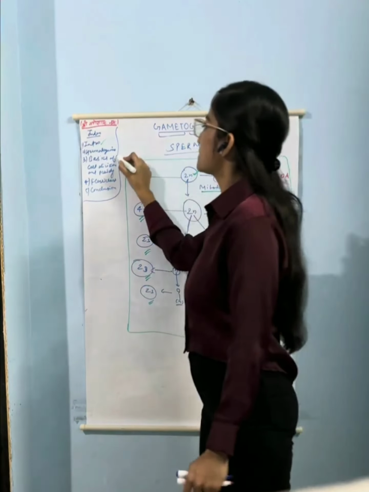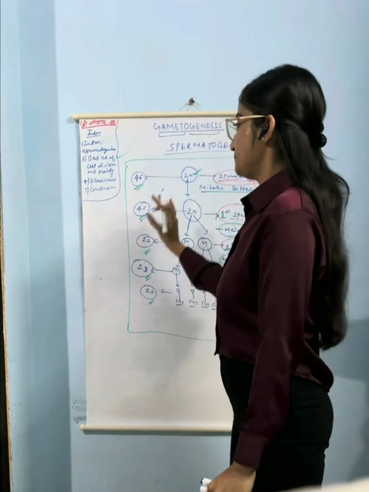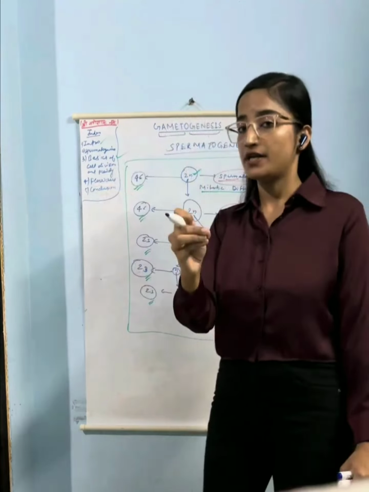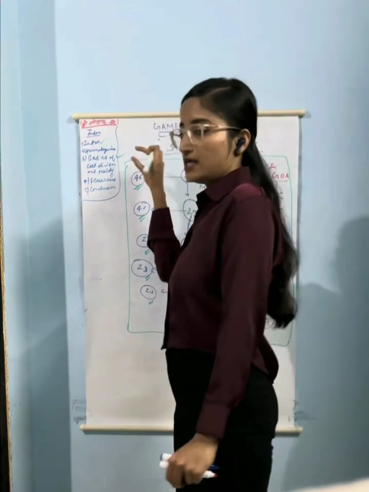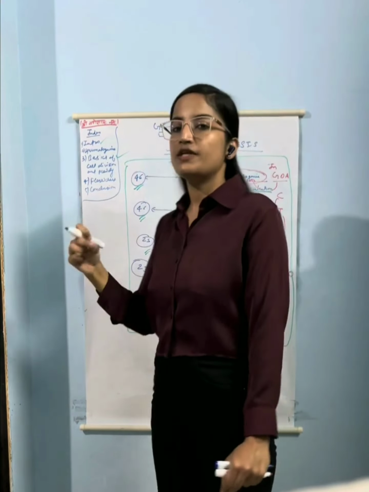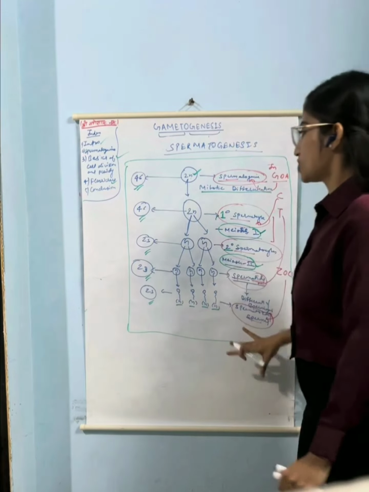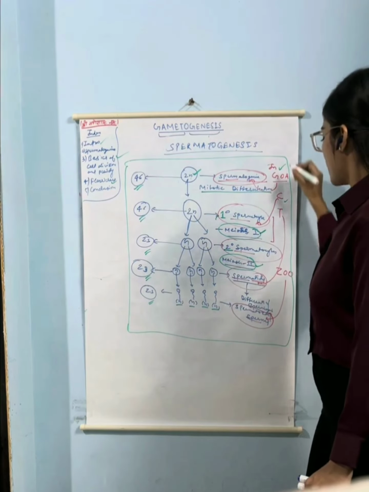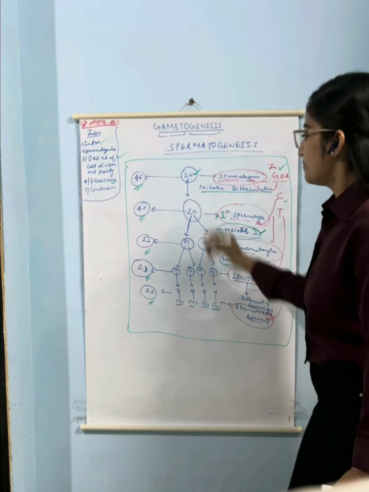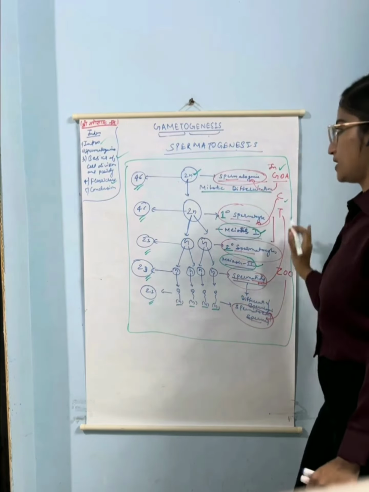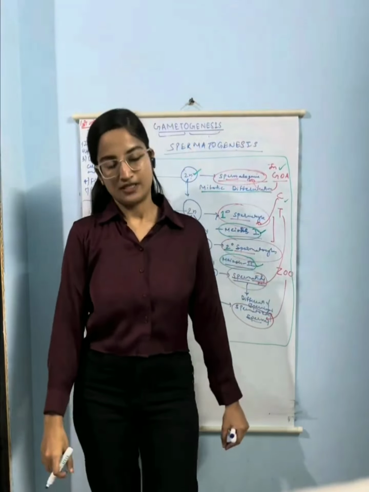Then we discussed the basic difference between mitotic division and meiotic division, and we also discussed ploidy number, what is ploidy in a diploid cell and a haploid cell, and also the chromosome number. Then we discussed spermatogenesis with the help of a flow chart, and we also discussed a trick to remember all these terms, all these divisions, ploidy number and chromosome number by this single chart. So this is all about spermatogenesis, and the next topic is going to be oogenesis. Thank you so much.